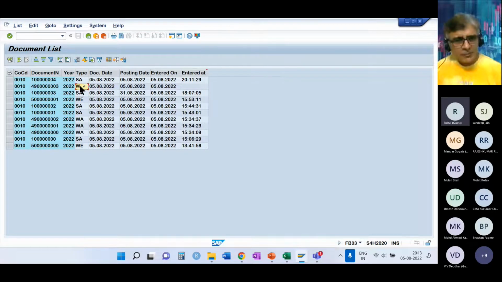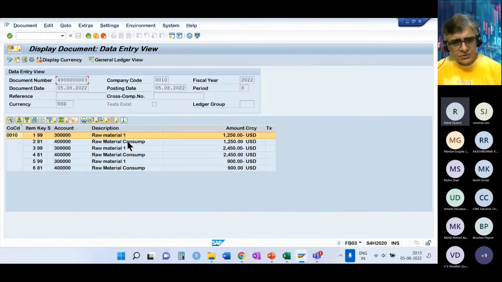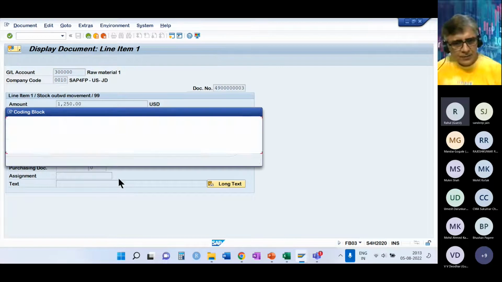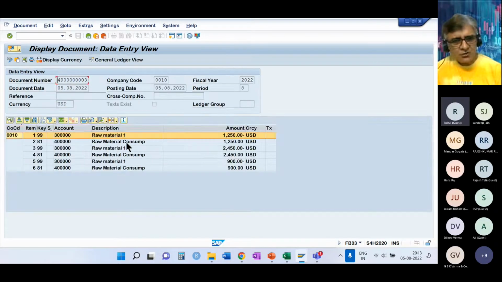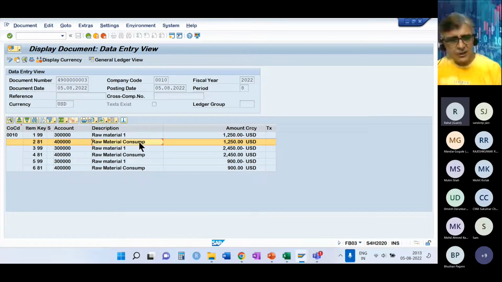One is a document type WA. So double click on it. It shows there are 3 sets of entries. Okay, so this is raw material 1 that is issued. When it is issued, the accounting entry is credit raw material and debit the raw material consumption account.